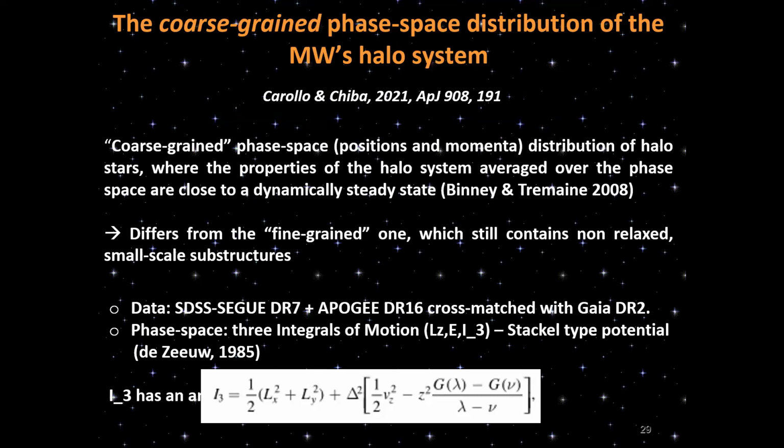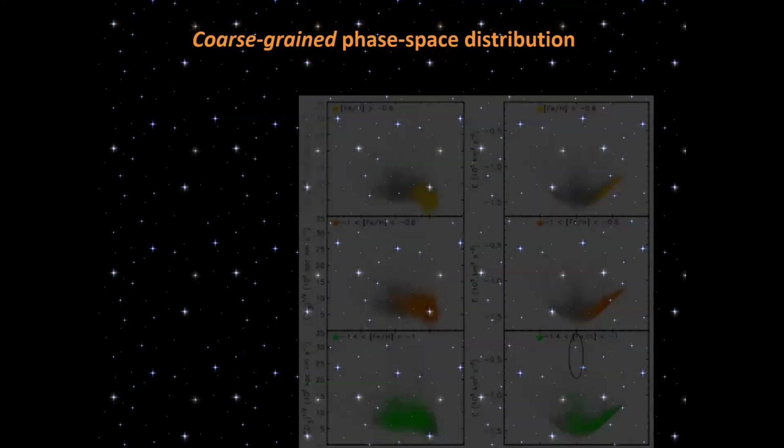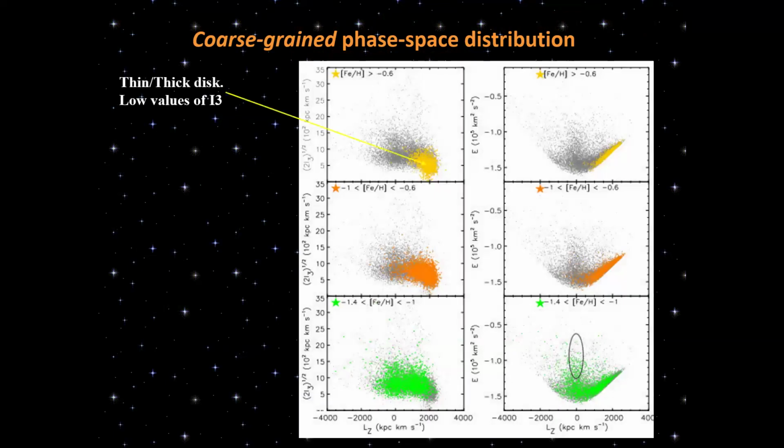Now, the thing is that the Stäckel potential is a very good approximation for many of the potentials that are used nowadays in many works. Okay, this is the third integral, which has the dimension of an angular momentum, basically kiloparsec kilometer per second,